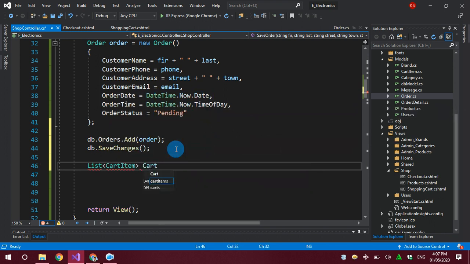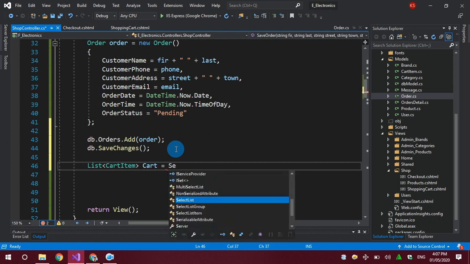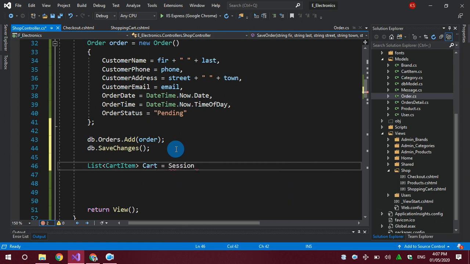I will call it cart, and I will get it from the session with the name cart. The name of the session is cart, and I will cast it to the shopping cart item type. Okay, simple, because the item should come out of the session with the type CartItem. Now all the items of the cart are here.